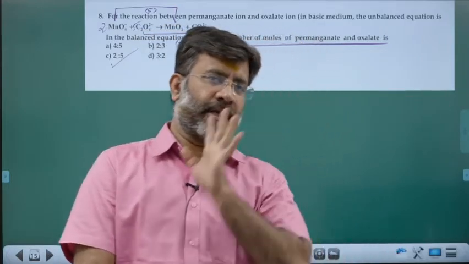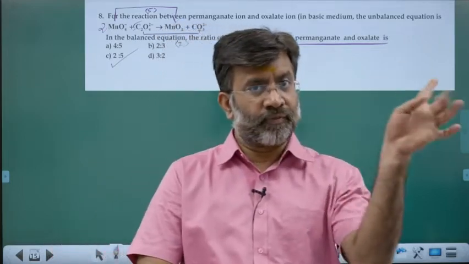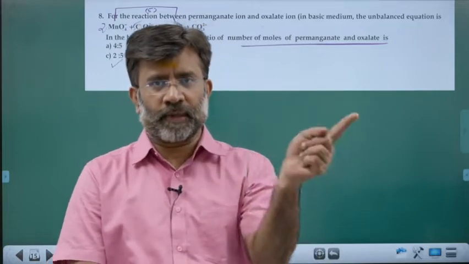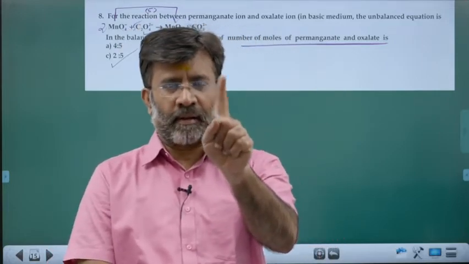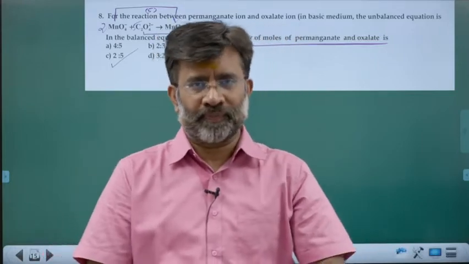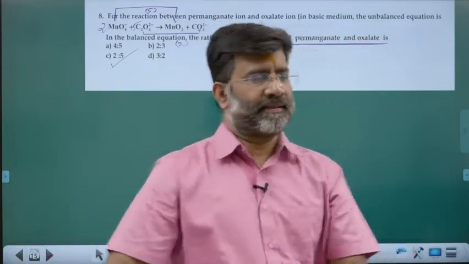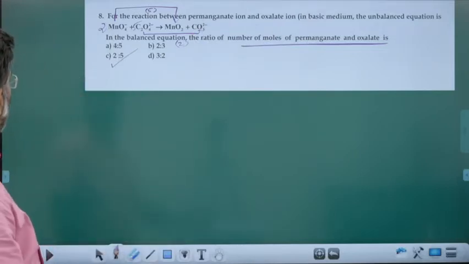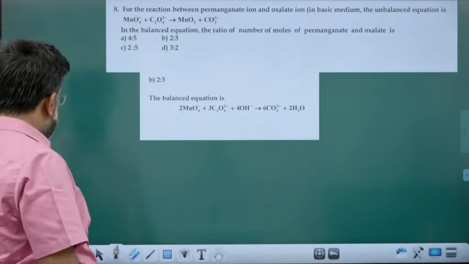Oxalate +3 converted to +4. And there are 2 carbon atoms. +3 to +4, only 1 electron transfer. But there are 2 carbon atoms in oxalate. Therefore, it is total 2. Right? So it will come out to be 2:5. Option C is the